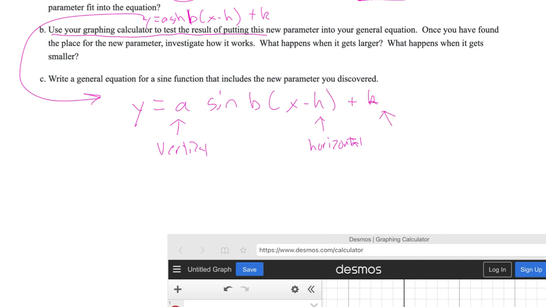You can think about that as being your shift, we'll call it up and down. And then b, this is that cycle function that is happening there. We also use this word period to describe that,